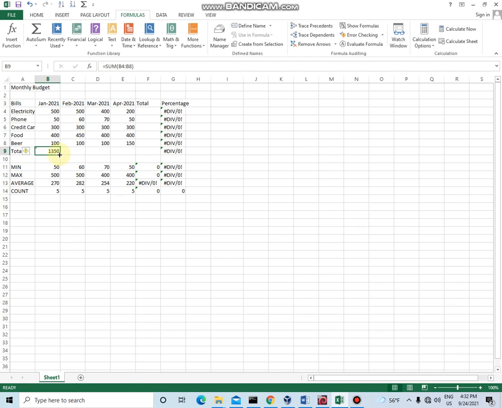Just click here with the left button of the mouse and drag to the cells you want to copy the formula, release the button, and you see it copy all the formula very faster than the other ways I showed you.